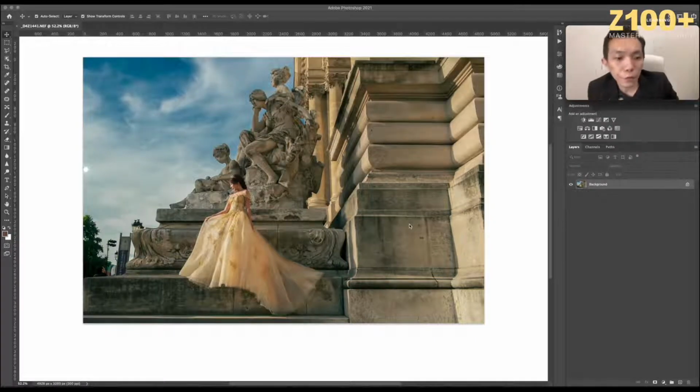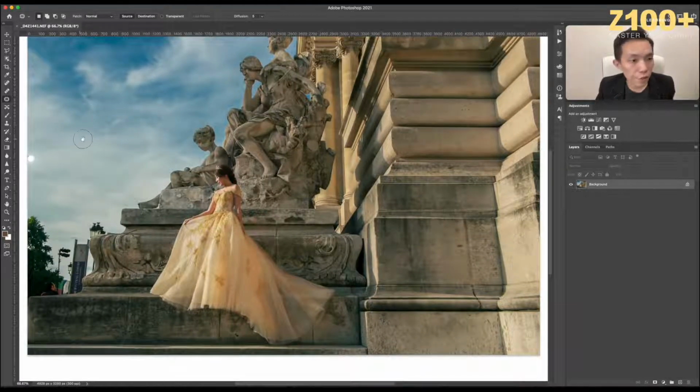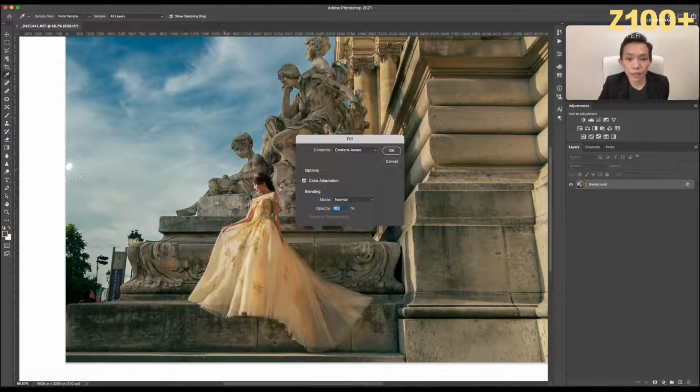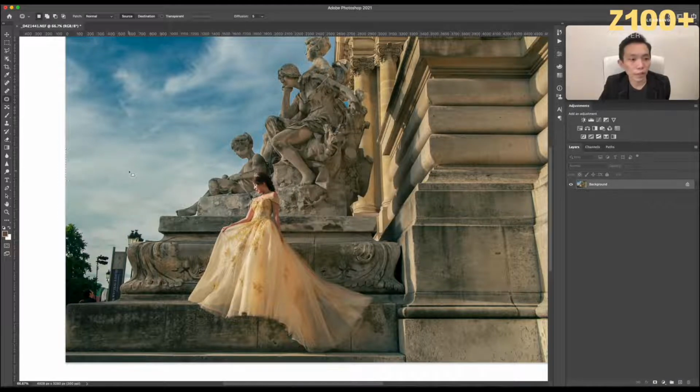Alright, here now we are in Photoshop, and this is straight from the camera roll. The first thing is to fix something that distracts from the subjects and the image, and especially I see the flashlight here. The first thing is I'm going to remove it using Content-Aware Fill. Just select and press Shift Delete. Content-Aware, color adaptation, everything is fine, the default setting is good. Click OK, and it's gone. And all the dust here, you can use the same thing, Content-Aware,